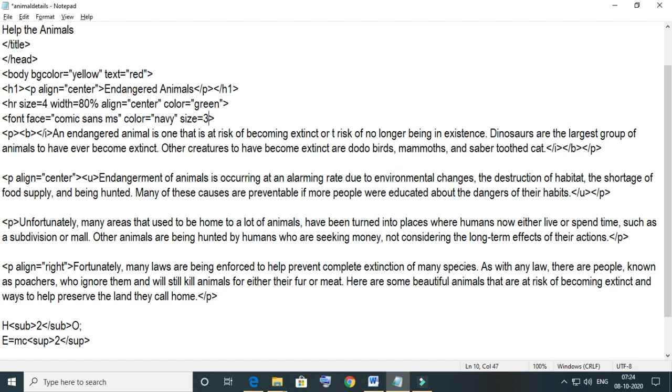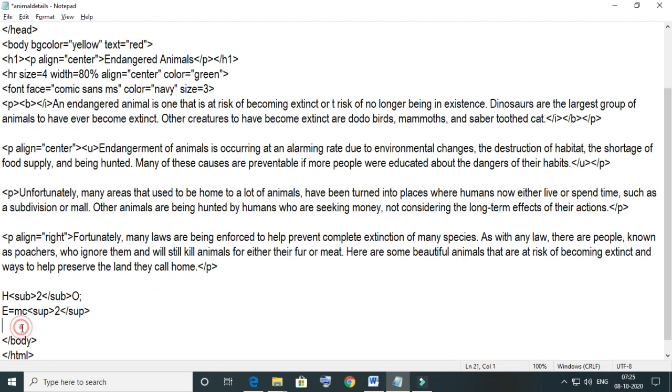Just font size is equal to 3, and then just end the font tag here. So just see how it works. So this is the way.